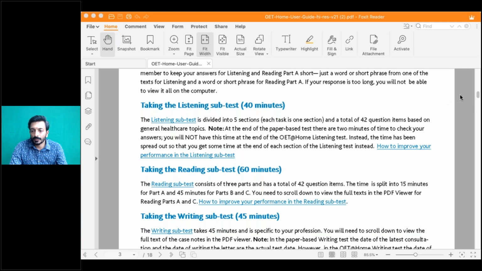Okay, so this is for your reading, right? As I said, in reading you'll be having a 10 minute break, so make sure you take permission and then you go. What we found from our candidates, those who have given the home OET, regarding this thing, I would like to give more